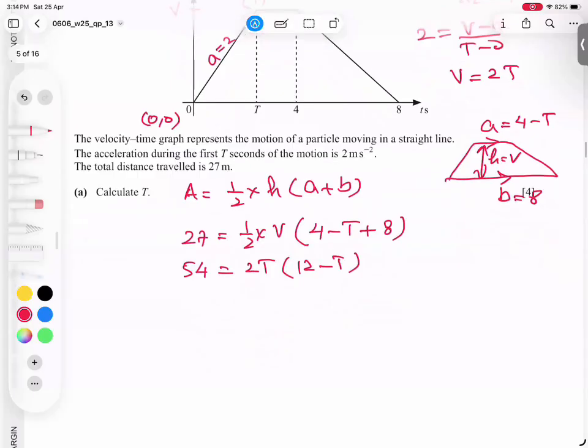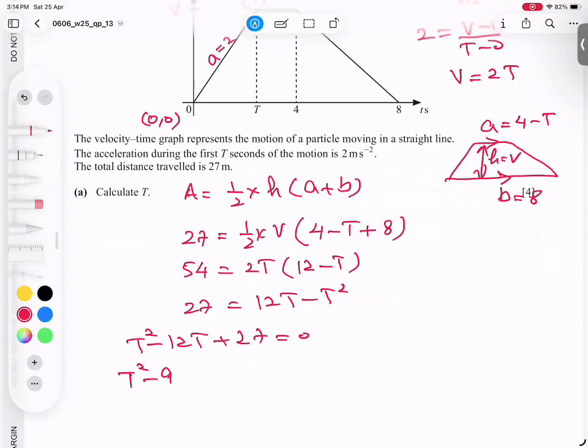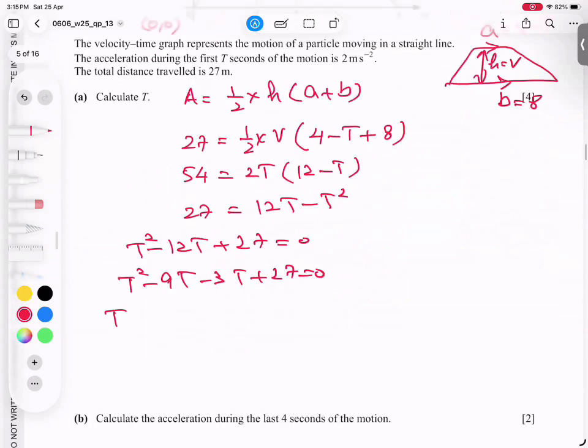And further I can divide by 2 here. When 2 divides here, I get 27 back, and t is left here, t multiplied inside. So I get 12t and minus t square. Bring to the left side: t square negative 12t and positive 27. So 9 threes are 27. From here t common, I got t minus 9, and from here negative 3